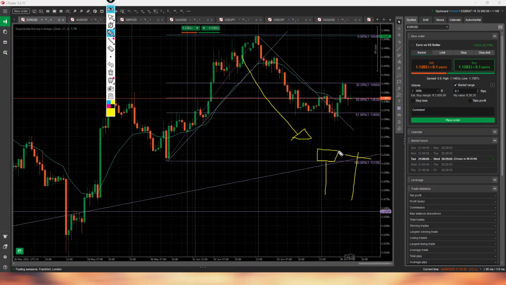Now, normally I also have some ideas on just how far a pullback can be. I can use my Fibonacci retracements like this one here. We can use a Fibonacci pullback, a Fibonacci retracement to figure out where we want to jump in. But I don't want to just jump in. I want to see these candles first before I jump in on any buy. Or if we're talking about selling, say in this market here, I'd like to sell if the euro is around